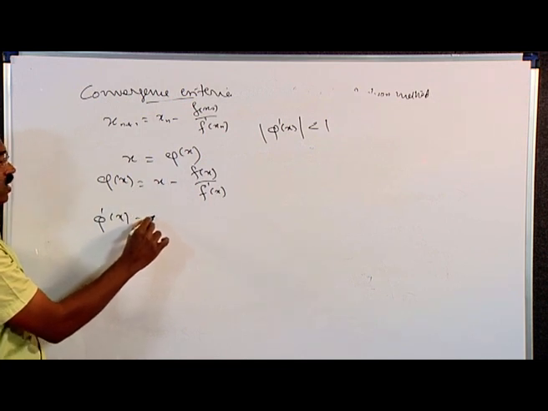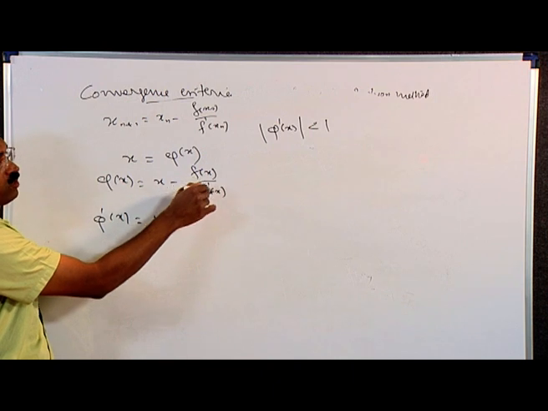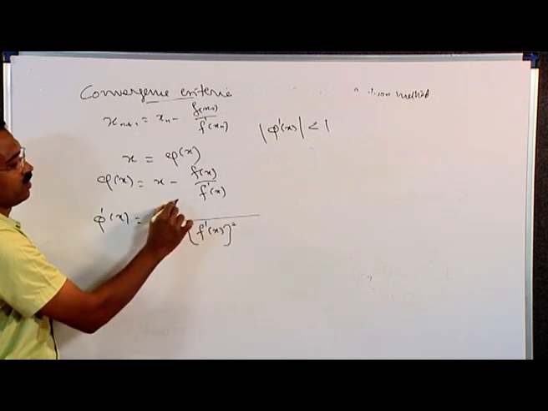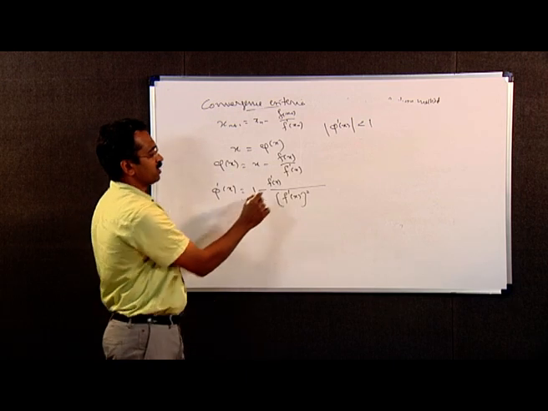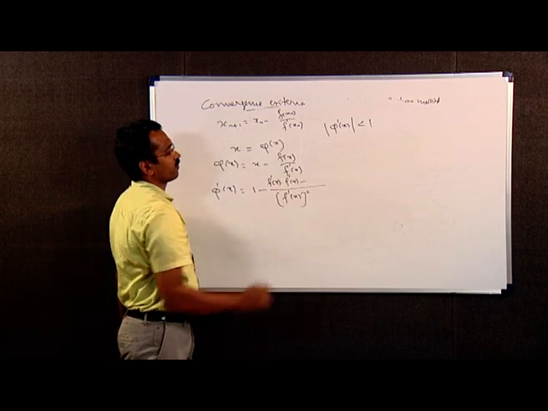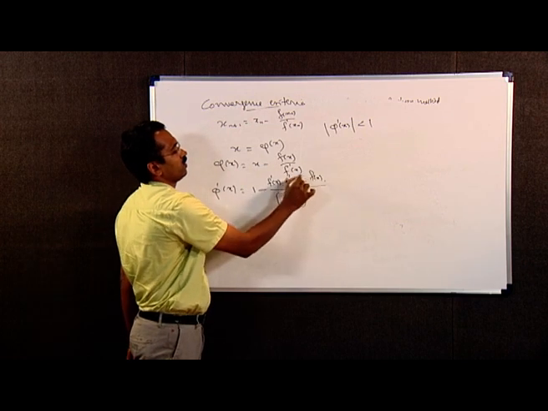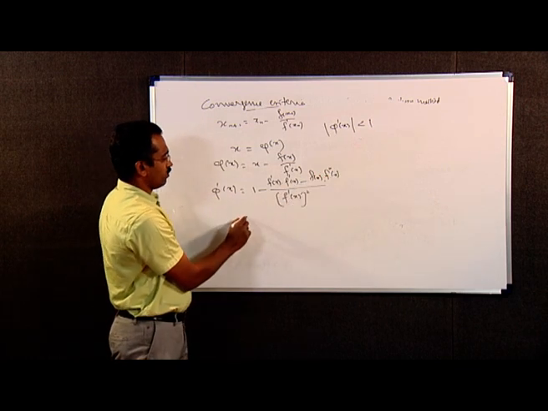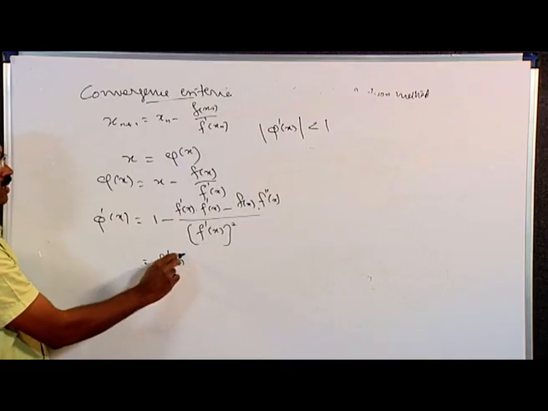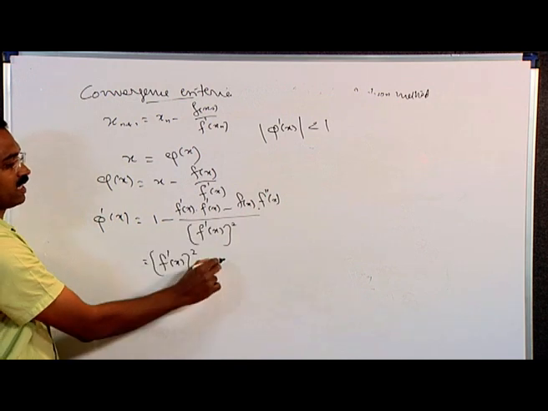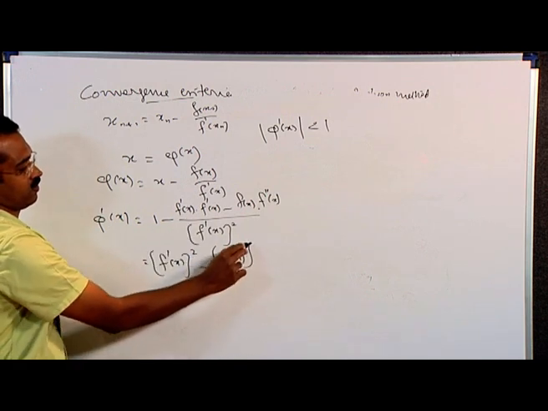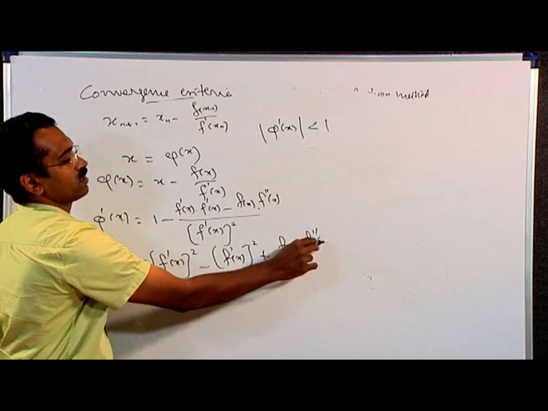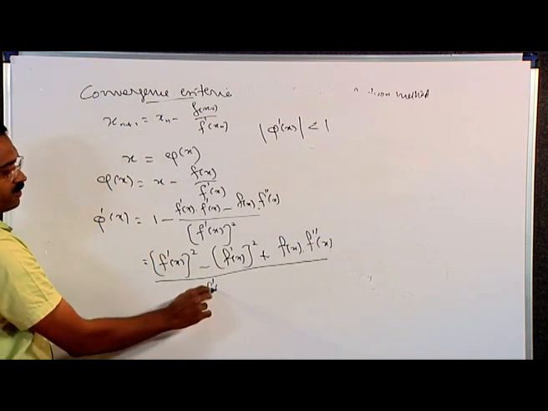the derivative of x is 1, minus, we use the quotient formula for the derivative, in the denominator f dash of x square, in the numerator f dash of x into the derivative of f, which is f dash of x, minus f of x into the derivative of the denominator, that is f double dash of x, which is equal to f dash of x square minus, this is f dash of x square, negative of negative is plus f of x into f double dash of x, all divided by f dash of x square,